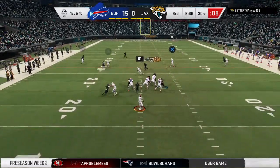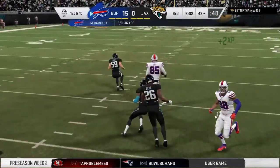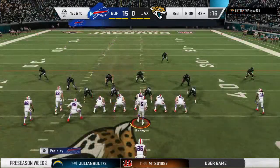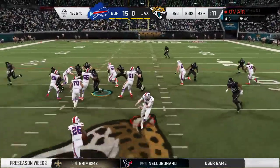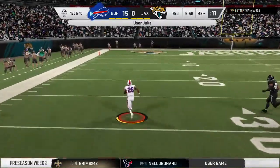From the gun, Barkley. It's hauled in by Lee Smith. That'll be marked as a 27-yard pickup. So the defense blitzed. A nice job picking that up, completing the pass. And how in sync was the quarterback and his center on that play? They saw the blitz, made the appropriate calls, got the line engaged because now...